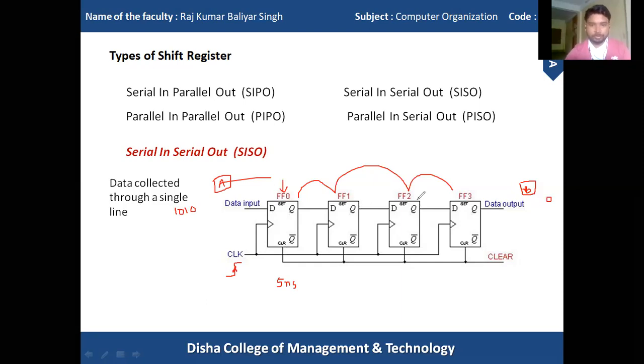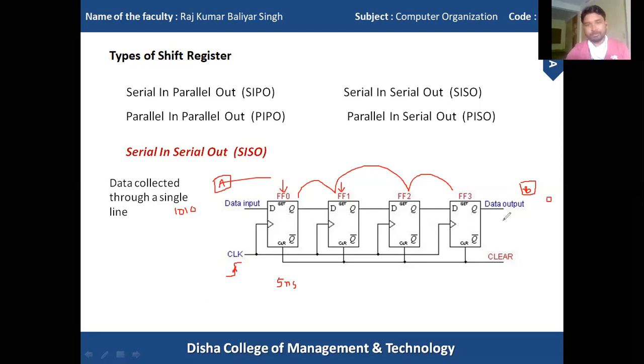Flip-flop 2 also needs 5 nanoseconds to produce Q, and flip-flop 3 also uses 5 nanoseconds. So flip-flop 1 will wait 5 nanoseconds to receive the data, flip-flop 2 waits 10 nanoseconds, and flip-flop 3 uses 15 nanoseconds to receive the data. So that is called propagation delay.